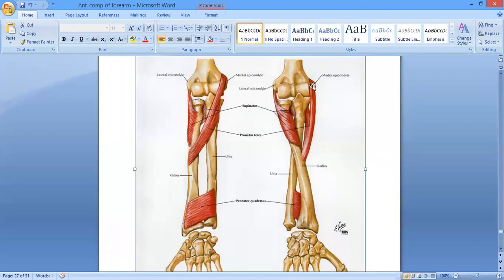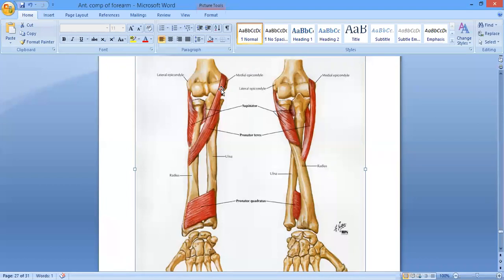Number 1, right? So we'll talk about the pronator teres muscle. Number 1 here, the pronator teres. You can see the muscle running obliquely over here. This muscle is the pronator. The name is representing what it will do: it will do pronation, children, okay? It's a pronator of the forearm, right?